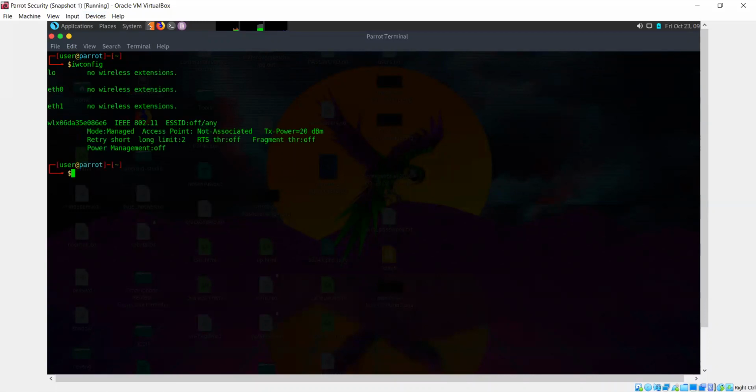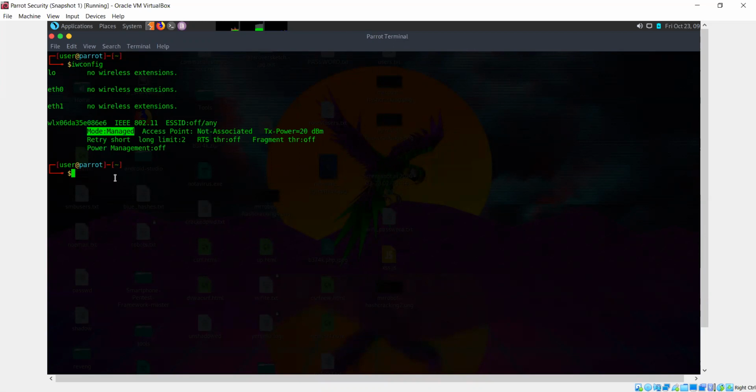So if I check USB devices, it is connected. Now I can check the name of the interface through a command known as iwconfig. This is only for wireless interfaces. By default, since it's a virtual machine, all the connections appear as wired ones. So this is the only one which is a wireless connection here, and this is my external Wi-Fi adapter, and you can see it's currently in managed mode.